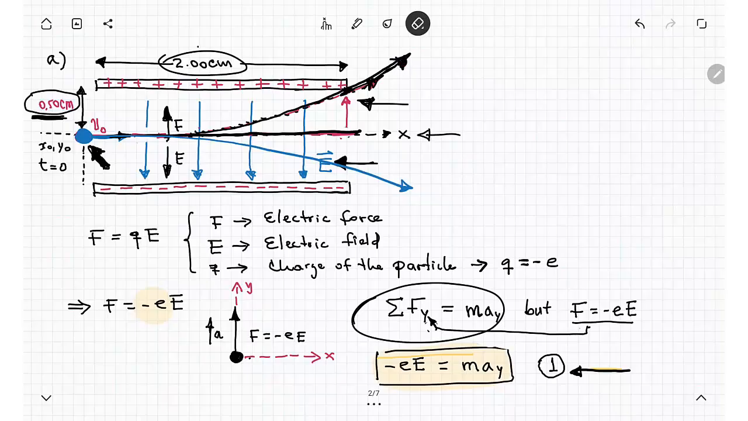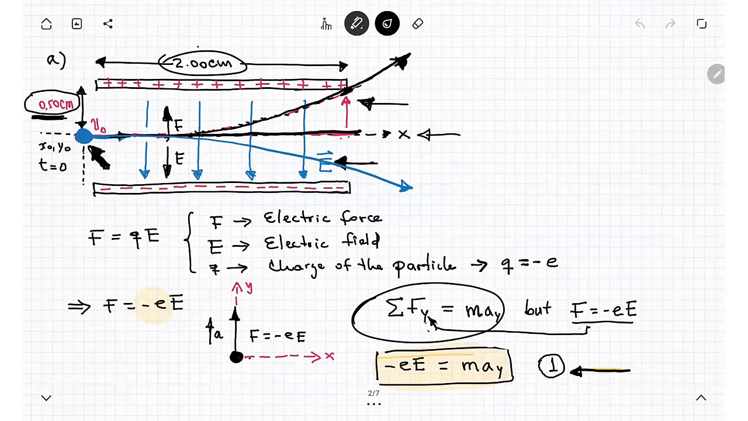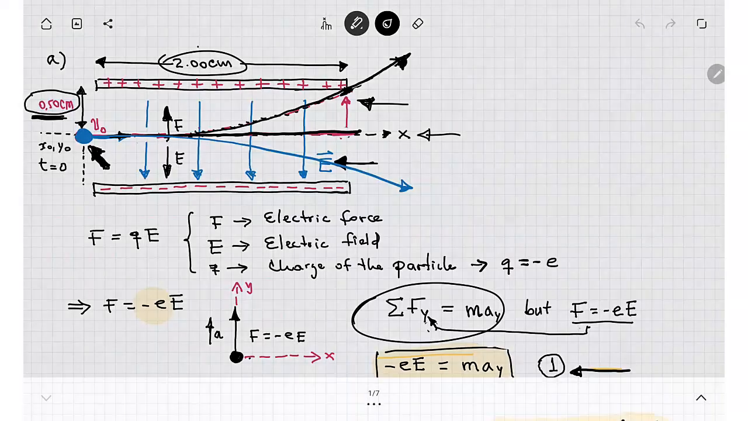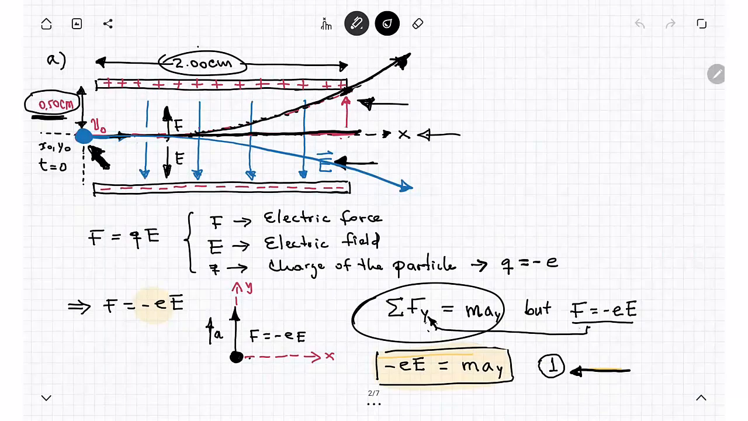Okay, what is the difference between those two paths? Let me see real fast. We already said here, what would be the magnitude of the vertical displacement? Okay, I haven't calculated that. I will do it. Let me do that, but before that I will say here,